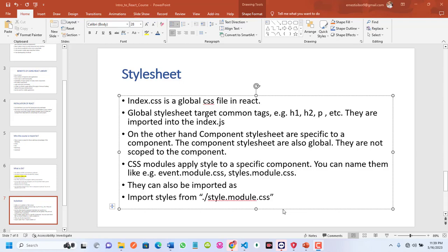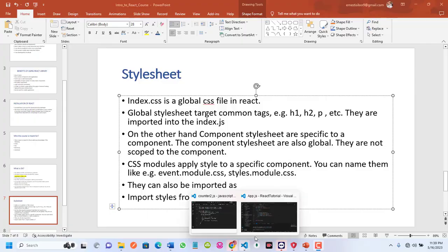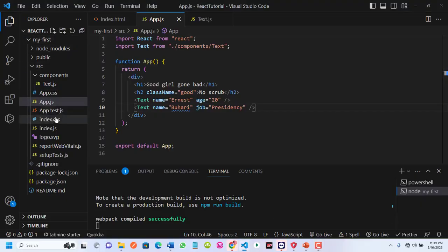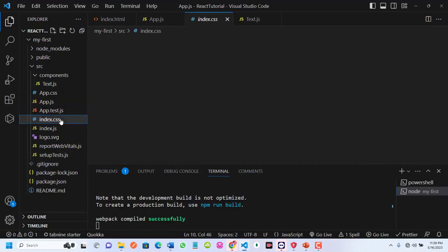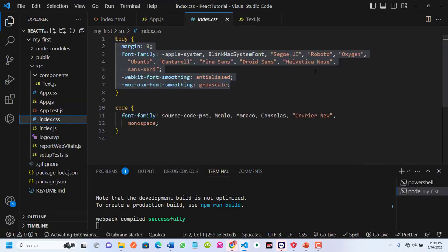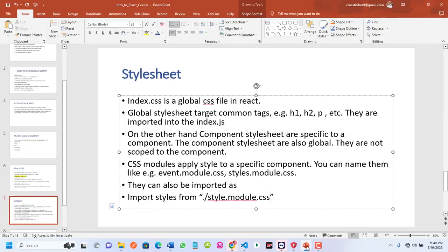By default, React comes with its default CSS. You can see index.css, you can see app.css. So let's look at the CSS in detail. index.css, like I rightly pointed out earlier, is a global CSS file in React. So this index.css is a global what? Global CSS in React. Now when I say global style sheet, I mean global style sheets that target the H1,